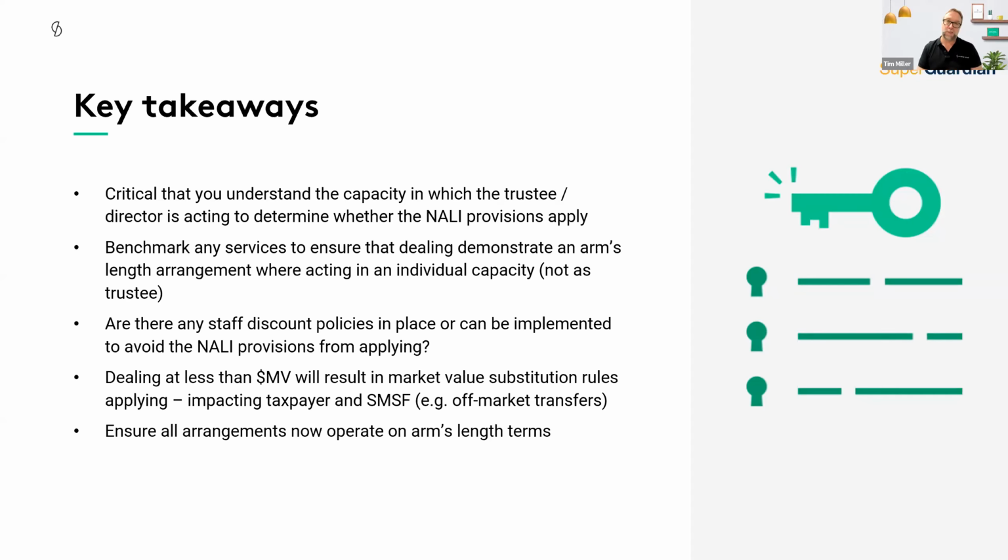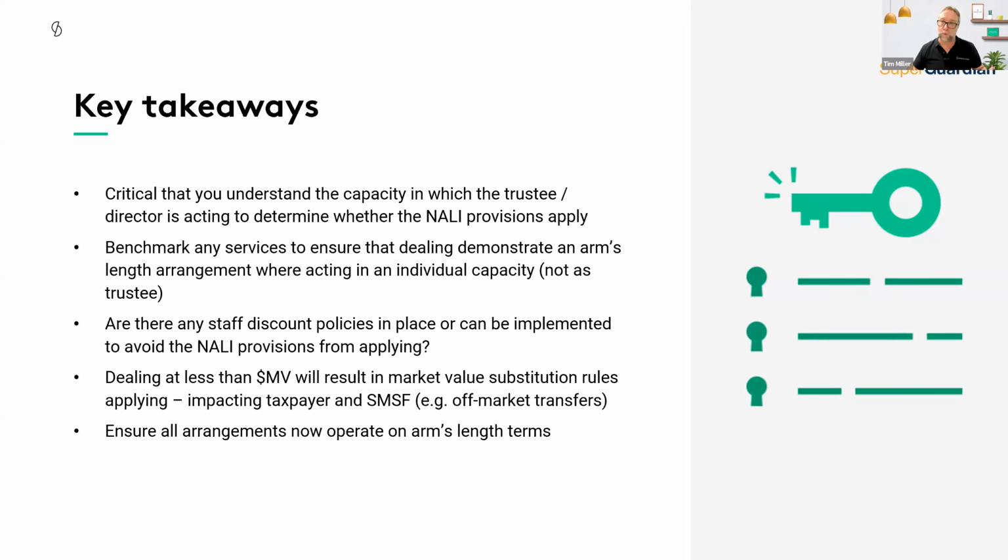right? And identifying that as trustee capacity versus that individual piece, which then takes us down a path of 17B, takes us down a path of TR 2010/1 contributions, takes us down an SMSF Ruling 2010/1 acquisition of assets from a related party, and inevitably takes us down a non-arm's length income piece as well. So we need to have all that clear. So we need to be benchmarking our services to be able to demonstrate that we're dealing on an arm's length basis. And if there are staff discount policies and pro bono arrangements in place,